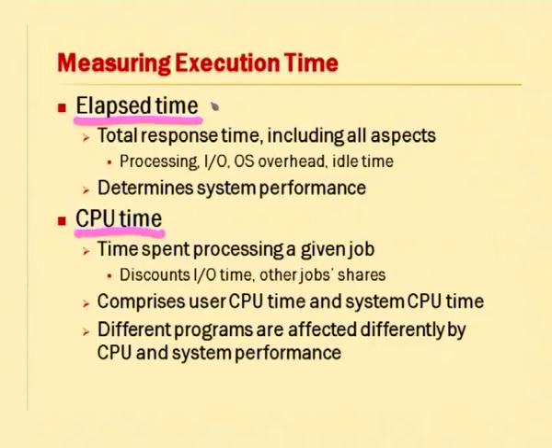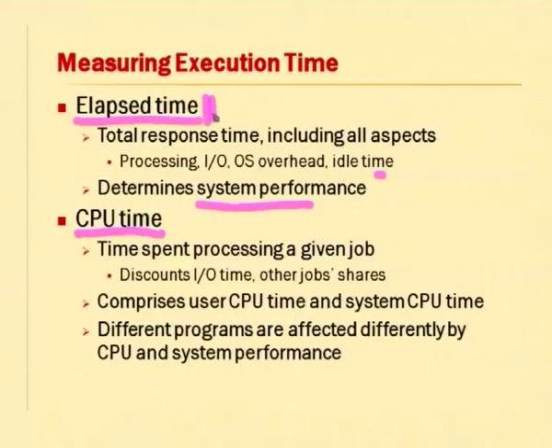Okay. Now what do I mean by elapsed time? Elapsed time in general is the total response time, that is, including all aspects of processing. So you will have instructions being executed on the processor, which is the processing time as such, plus there will be some input output operations that take up some time. There will be some operating system related overhead which will also take up some time. There may also be some idle time. So all these put together will give you the total elapsed time. This is normally used to determine the system level performance. That is, as a system, when I look at it with the input output and all the different units put together, when I look at the entire system's performance, then we look at the elapsed time as the execution time.